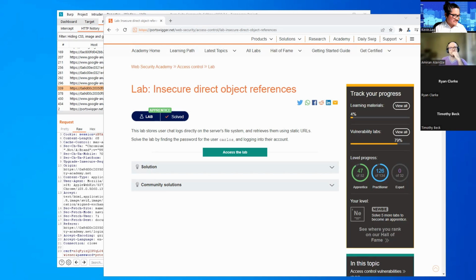It says here that chat logs are stored on the service file system, and they can be accessed with static URLs. The lab is solved by finding the password for the Carlos user and logging into their account. Okay, that sounds simple enough. Let's start up the lab. So access the lab.